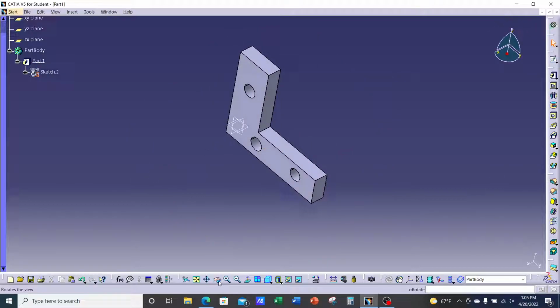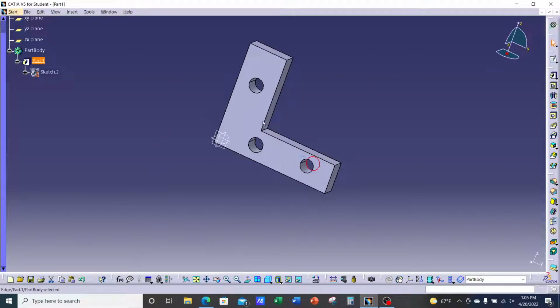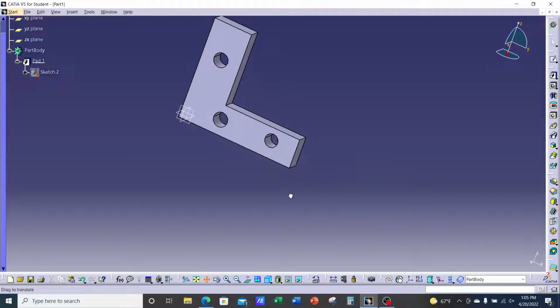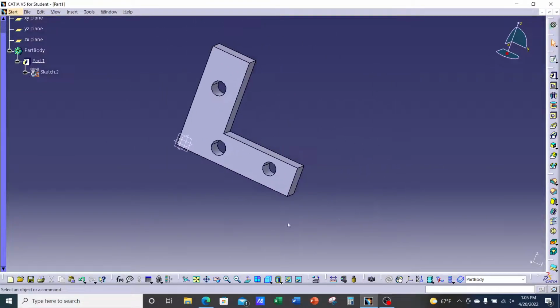You can always rotate using this command here, right? You can always rotate, left mouse click and rotate. Just don't forget you also have the pan option here. Don't really need it. Left mouse click, or we can use the wheel to pan. All right, so